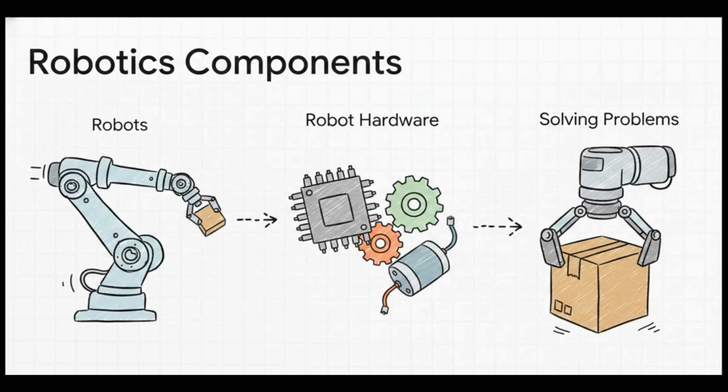You've got to consider the actual robots themselves, the highly specialized hardware required to execute precise physical movements with millisecond latency, and, crucially, the exact physical problems they're being deployed to solve, whether that's on a busy factory floor or in a high-stakes hospital operating room. It's this incredibly seamless, highly intricate blend of artificial intelligence and mechanical capability.